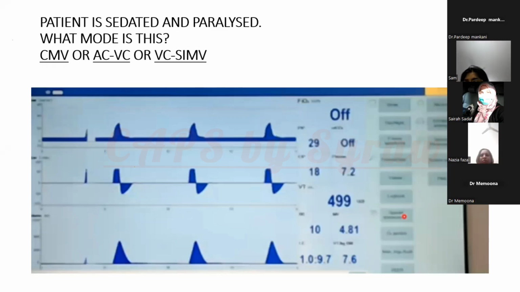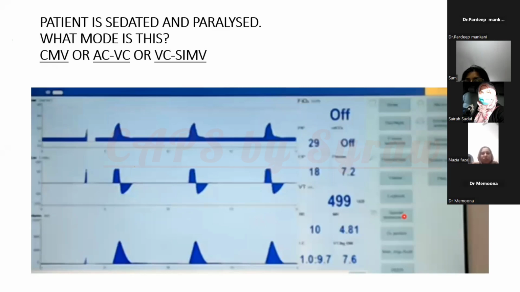And all others are saying it's CMV mode. So let's see what Dr. Mamoona has and what's the right answer. G, madam. Okay, so this is the concept that I was trying to tell you, that if the patient is